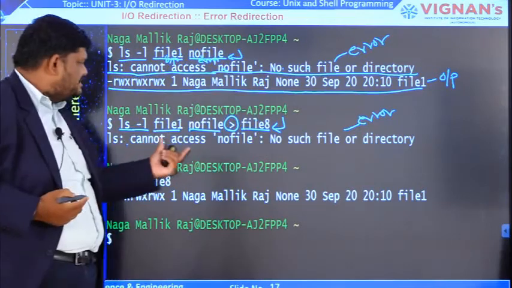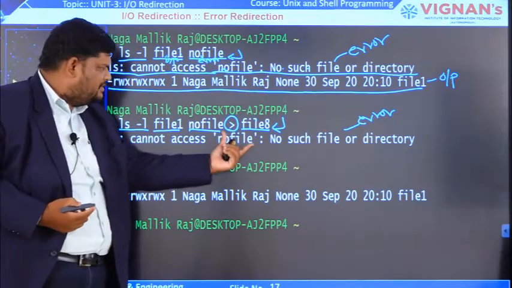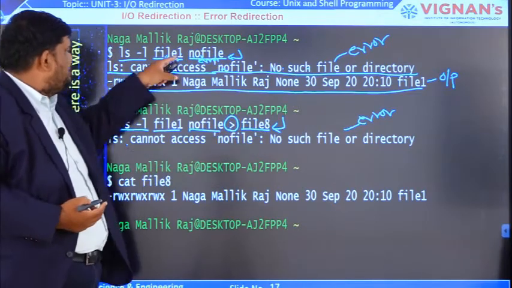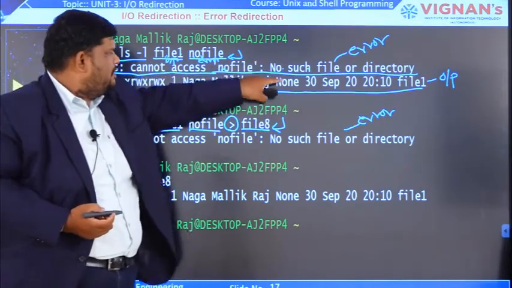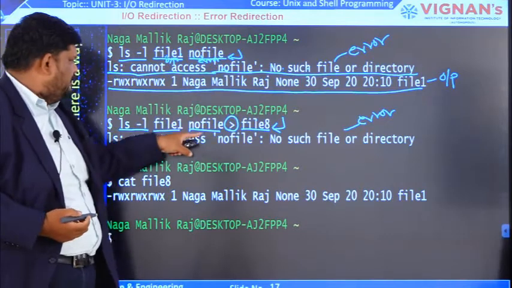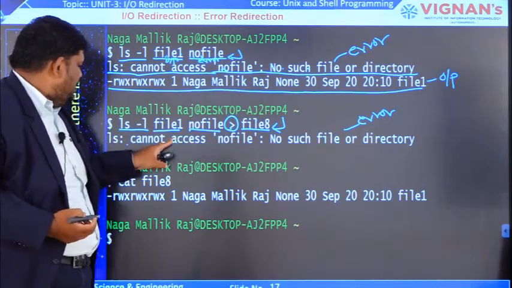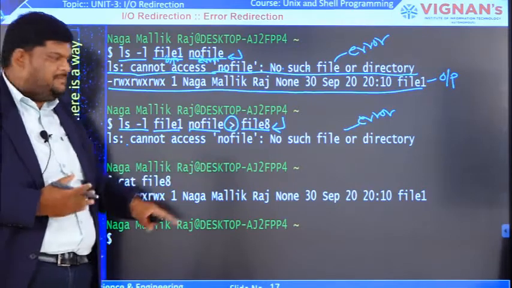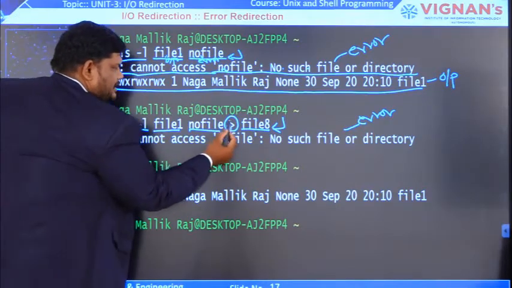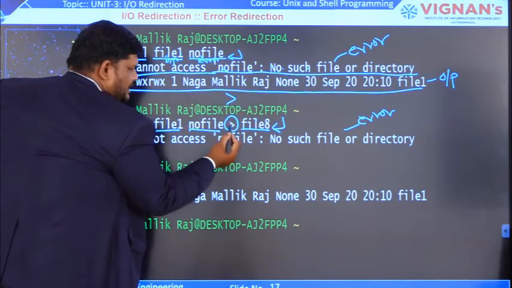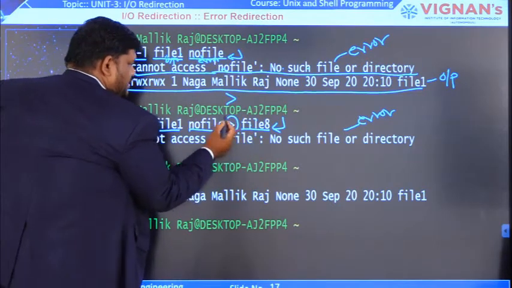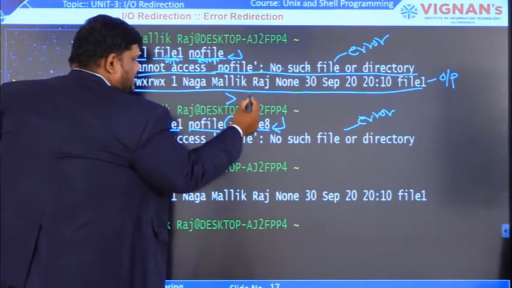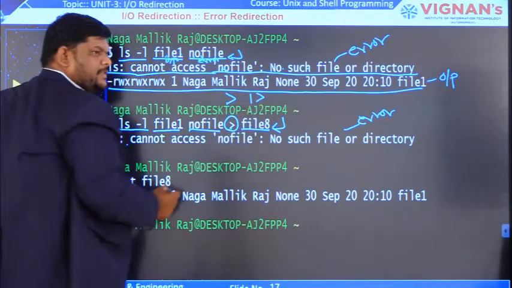But where is the exact output? We are seeing only the error on the screen, no output. Where is that output? There was one error and one output. But now, if execution happens like this, the error is present on the monitor, but the output is not. Why? Because we are using the output redirection symbol and file8.